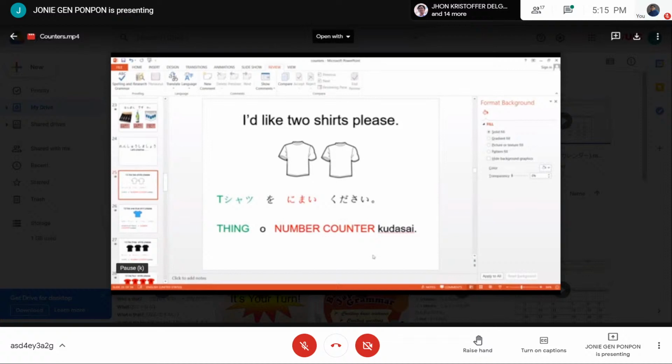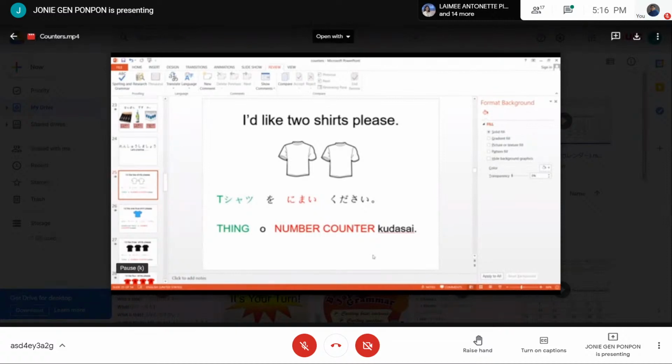If you say to the store clerk, I'd like 2 shirts please of this, parang ganun. So you fit it and then you like it, you want to buy it. So you want 2 shirts in this design, in this color. Okay, so you will say